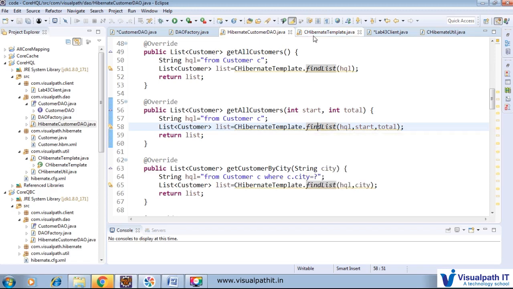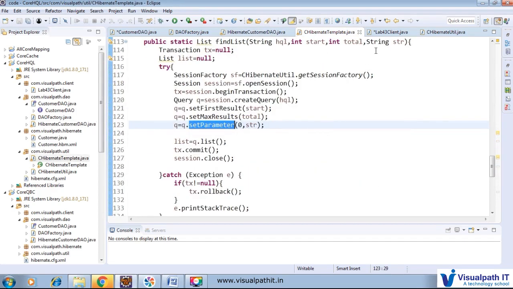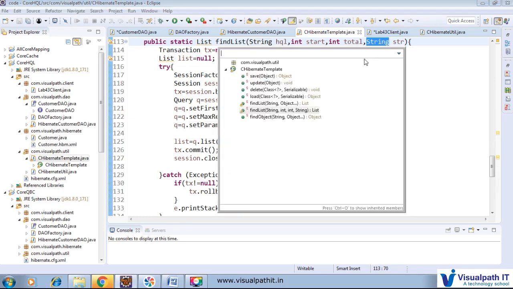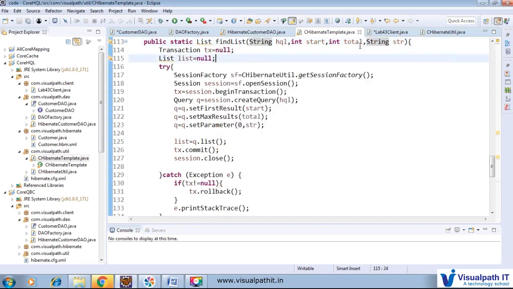Again, one more method is there that does not have this string str. That's the reason it is calling this functionality.